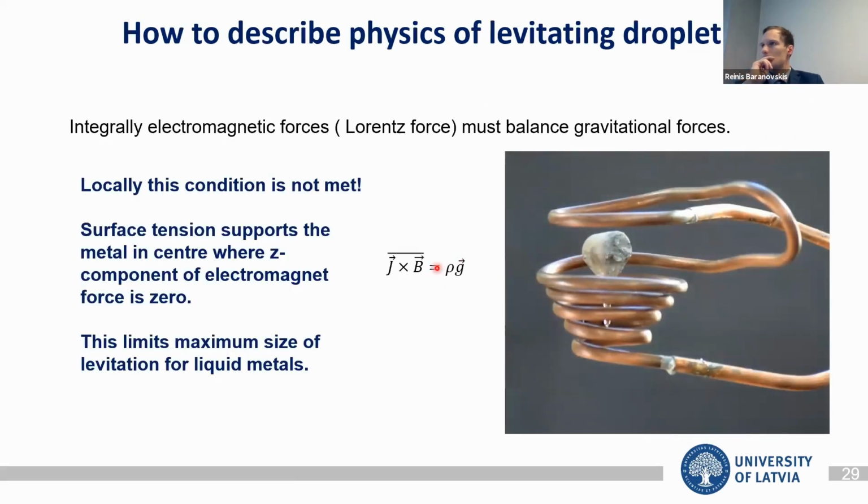And let's try to describe what kind of magnetic field we would want to levitate something. The first obvious conclusion, we have to oppose the gravitational forces. In this case, we have a Lorentz force, which is the electromagnetic force, which can oppose the gravitational force. But however, we would like it to be bigger than our gravitational force. However, this condition is not met everywhere. It's really difficult. It's impossible even from theory standpoint to have a magnetic field which creates upward force